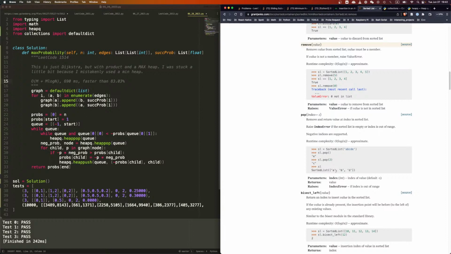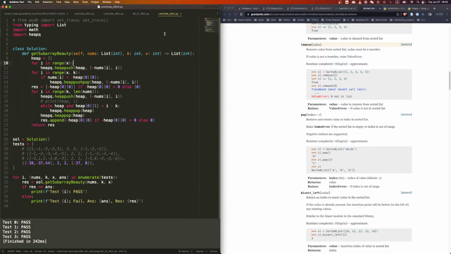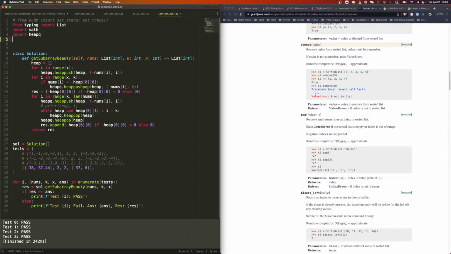Okay, let's use this one first. From sortedcontainers import SortedList. Okay, so what we're gonna do is just